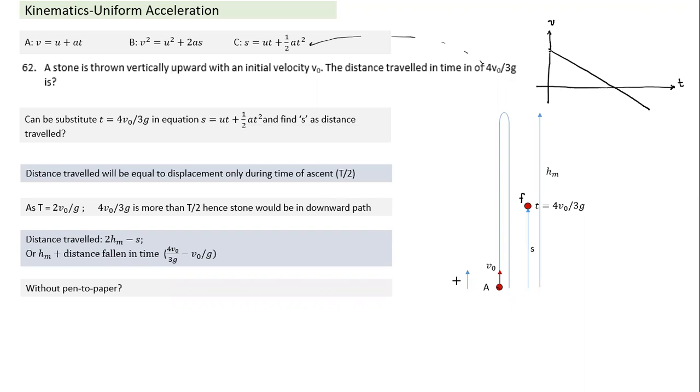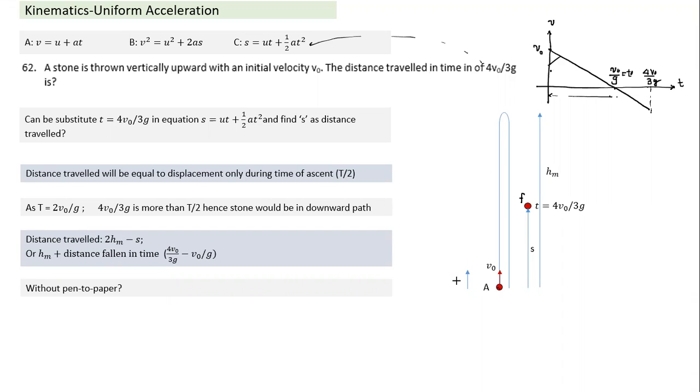Okay, and what would this value be? This will be equal to v naught, and this value is t naught here, and t naught will be equal to v naught by g. And this is the time at which we have to calculate, which is equal to 4 v naught by 3g. So what I need to do in terms of the VT graph, and I easily notice this part is 1/3. This interval is 1/3 compared to this time interval.